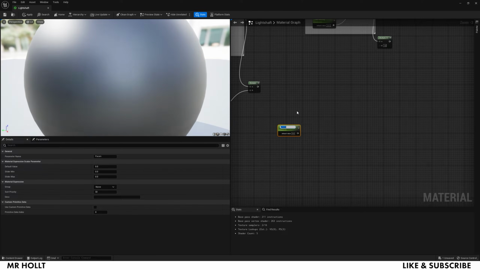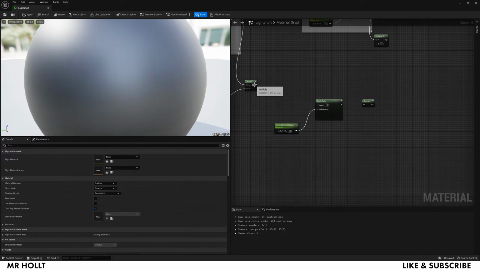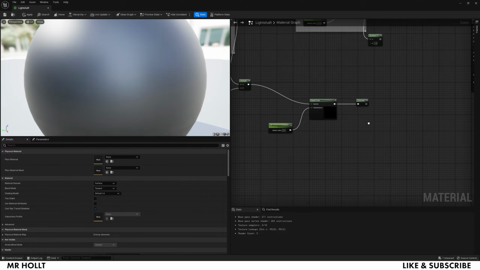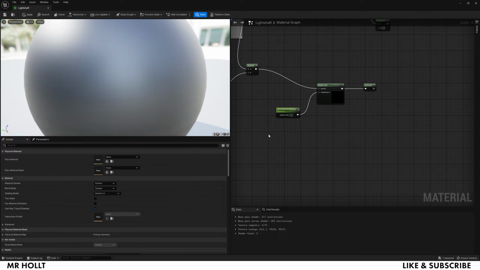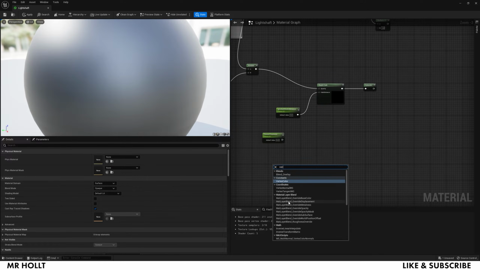So let's do a parameter node, and we're going to call this geo depth faded distance. Let's do a depth fade. Saturate. And then let's plug everything in. The next one is going to be another parameter node, and we're going to call this different cell exponent, and then a vertex normal WS,